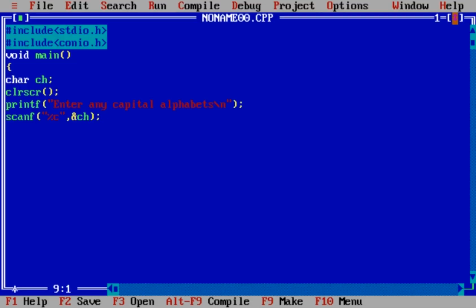Now here we will check, how many vowels do we have?